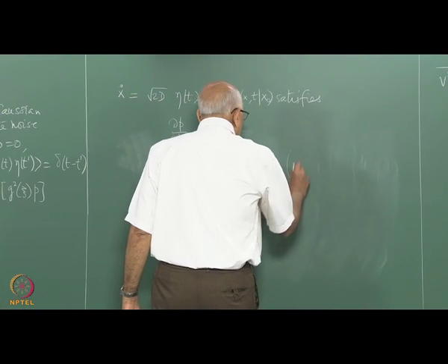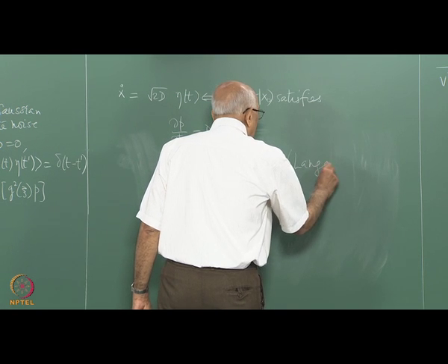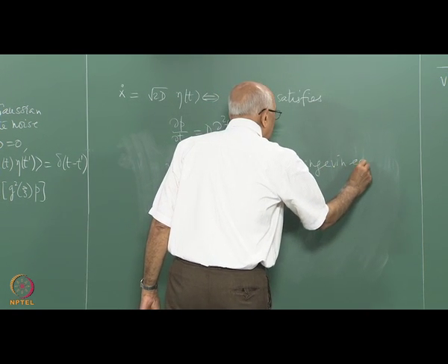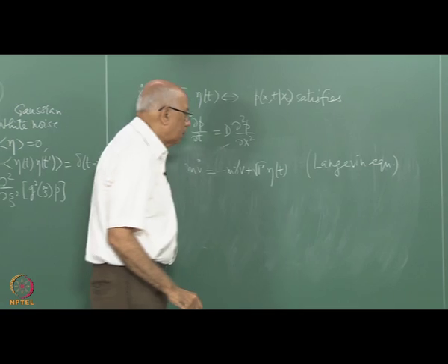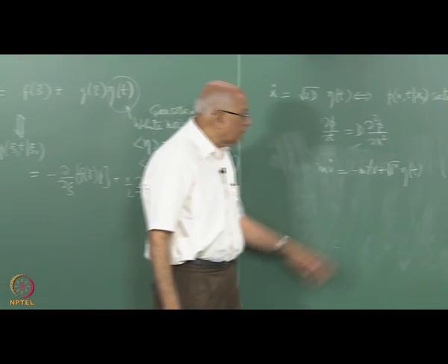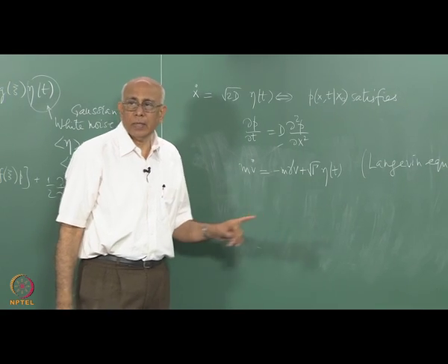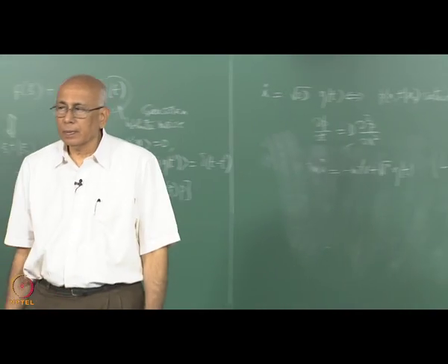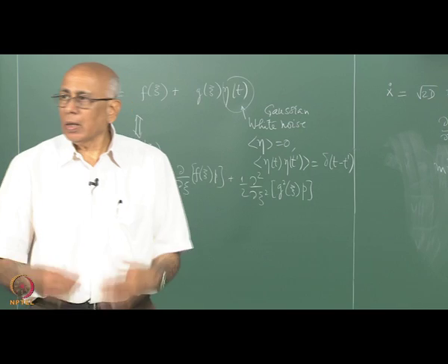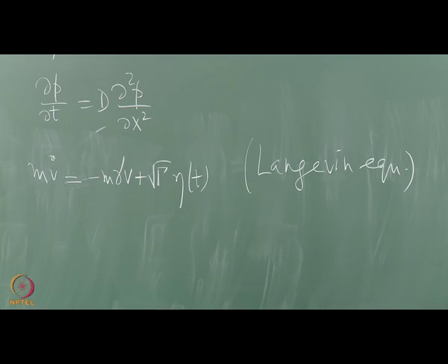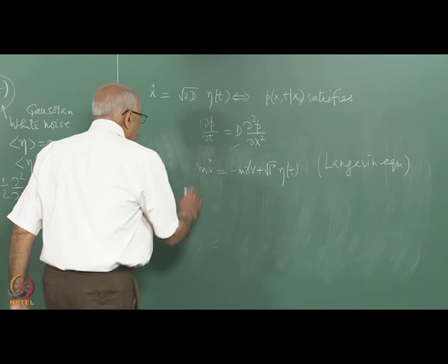This is, by the way, the simplest example of what is called a Langevin equation. But this is again Gaussian white noise, but there is a systematic component to the random force. A model, again it is a model, and we have to see whether it makes any physical sense or not. Now look at what is going to happen. We repeat exactly what we did before. When I divide through by m,